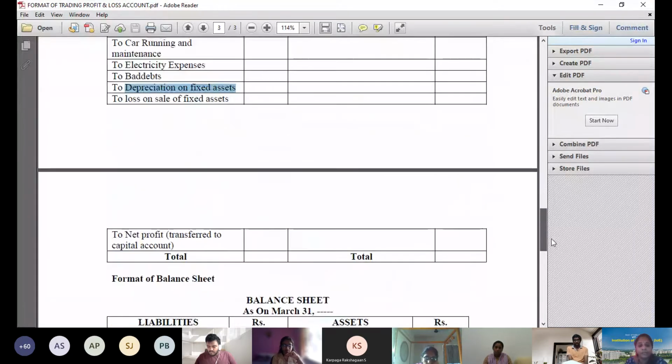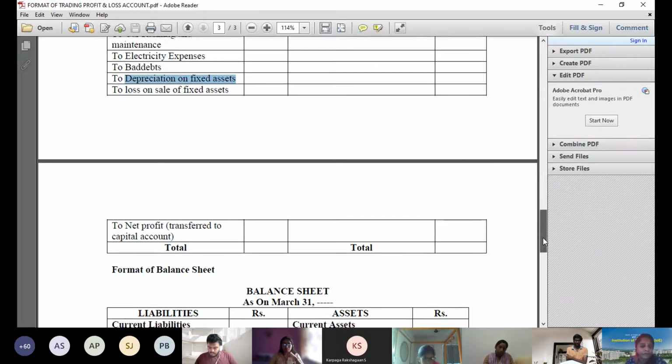Fine. There you get your net profit. If credit is higher and debit is lower, you get net profit. If debit is higher than credit, it is net loss. So when there is a gross loss problem, you will get a net loss. Gross loss means net loss. Net loss will be subtracted in the balance sheet. So normally my problems will have profit.